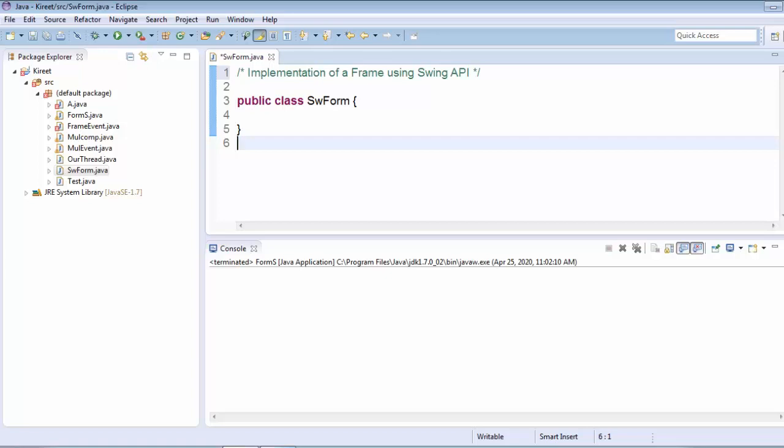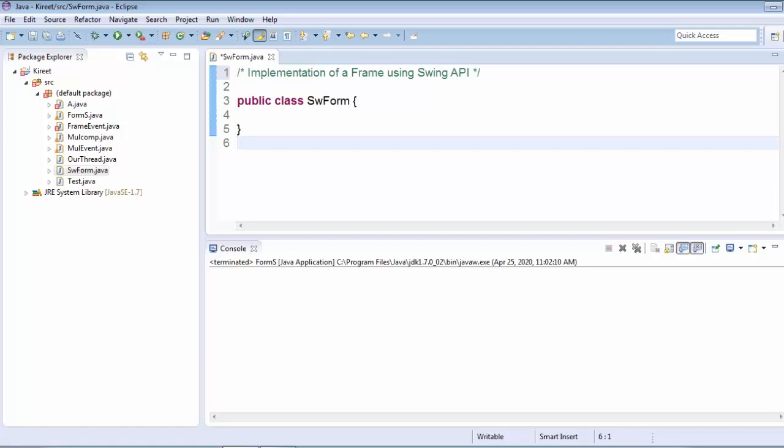We know what the components, classes, listeners and interfaces are. All these things we will just combine in Swing, and create an application with the help of the Swing API. While creating the Swing application, we can also import the AWT classes in our program.